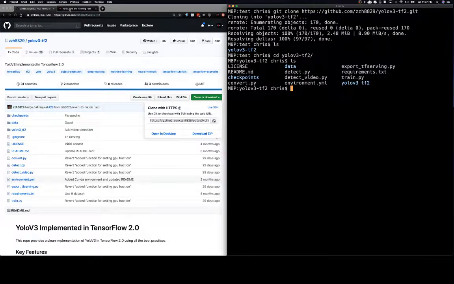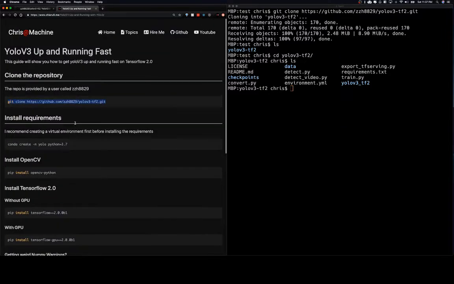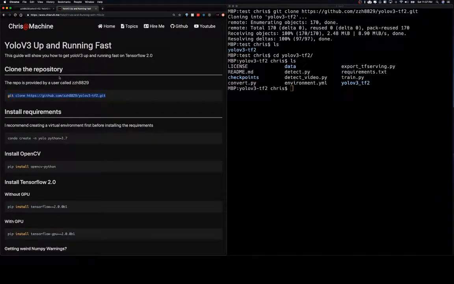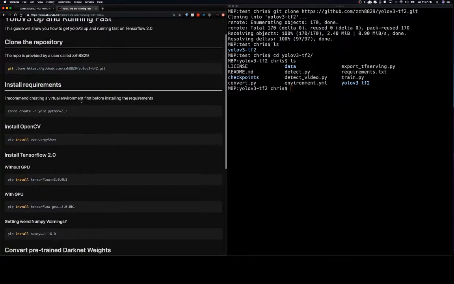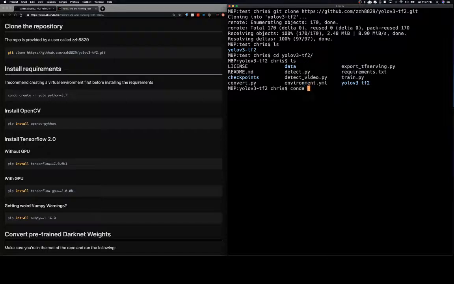So the next thing for this video that you're going to want to do is head over to my blog really fast, and I have all the commands laid out in this post. So basically we just ran the first one, cloning the repository. Next we're going to want to create a virtual environment. I'm using Anaconda. You can use virtualenv, or a few others, but I highly recommend using a virtual environment. So Anaconda create,